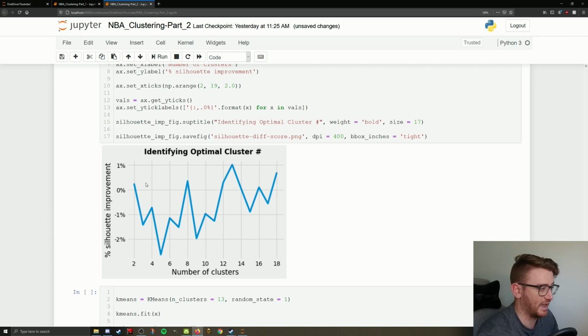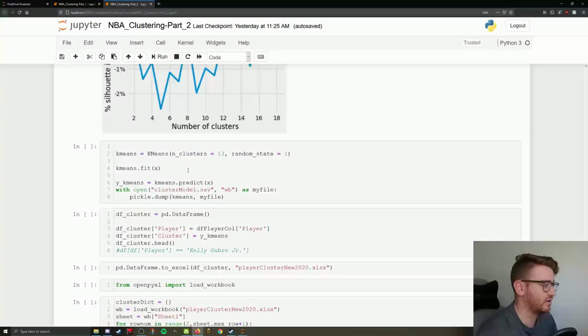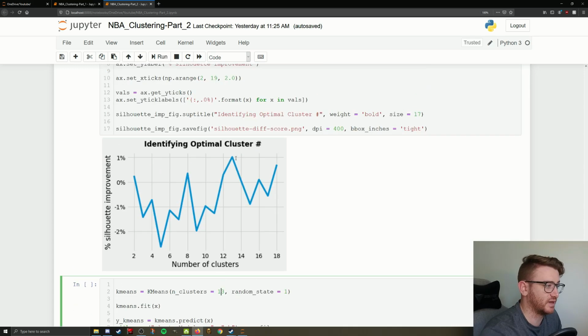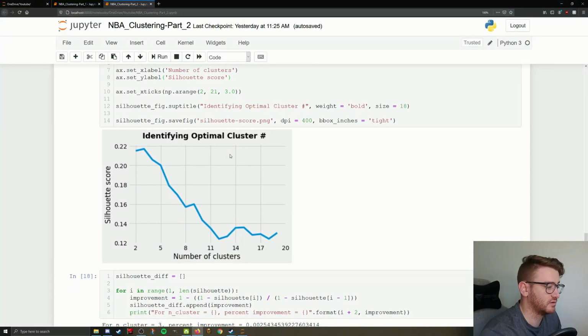So we just want to look at each point. Now we're not caring about how it's changing. We just want the highest possible value here, right? So we're going to go with 13. Now we just need to come down here and rerun our K-means algorithm, specifying the number of clusters instead